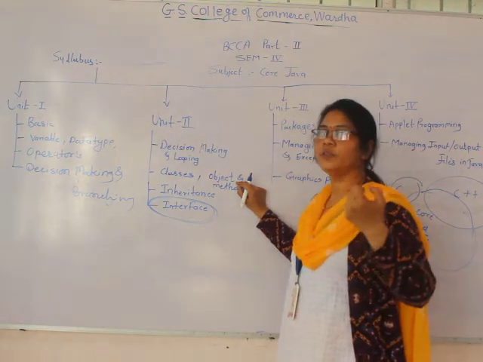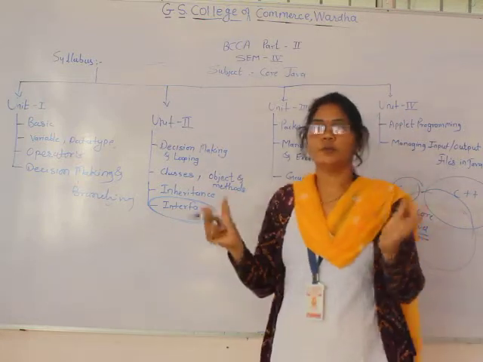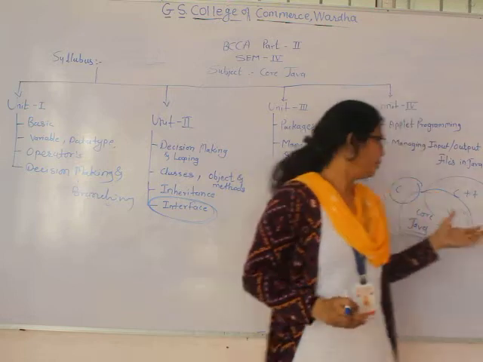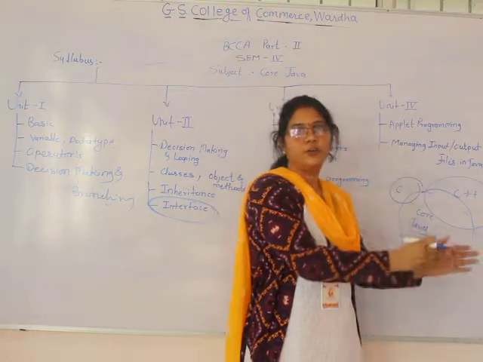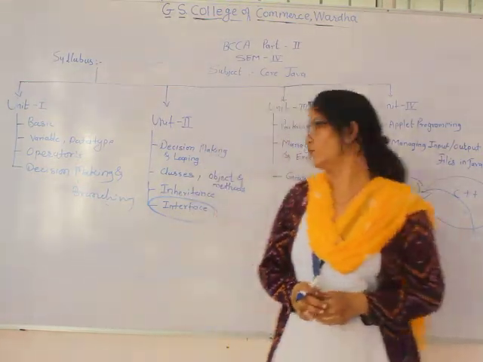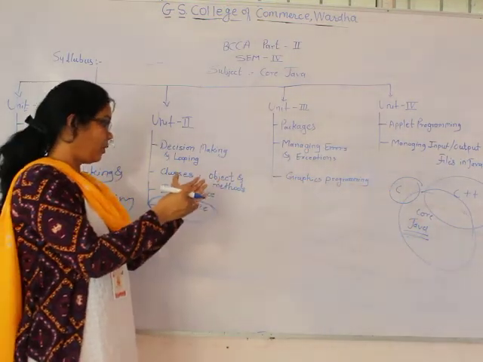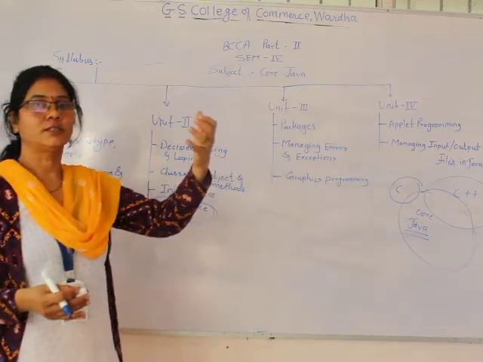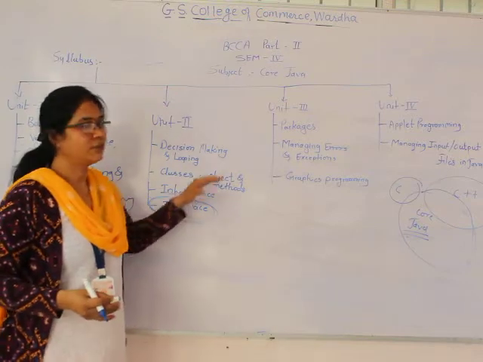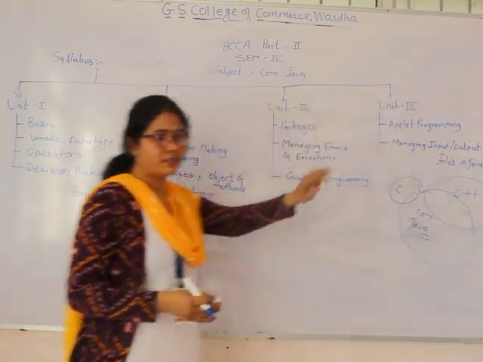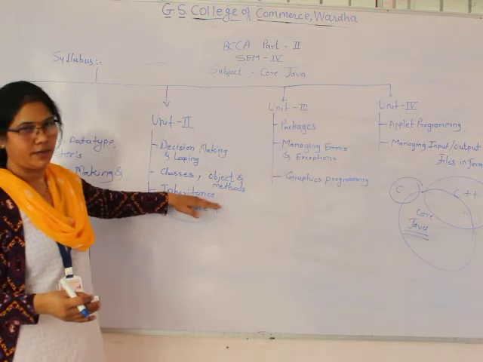There are some differences between creating an object in C++ and in Java. Then the methods: the concept of a method is similar to what we used in C or C++. That methodology we can directly use in Java. Then inheritance is nothing but acquiring the properties of your base class or parent class into the child class. Those properties, already covered in C++, like single inheritance, multilevel inheritance and all, are given in the inheritance topic.